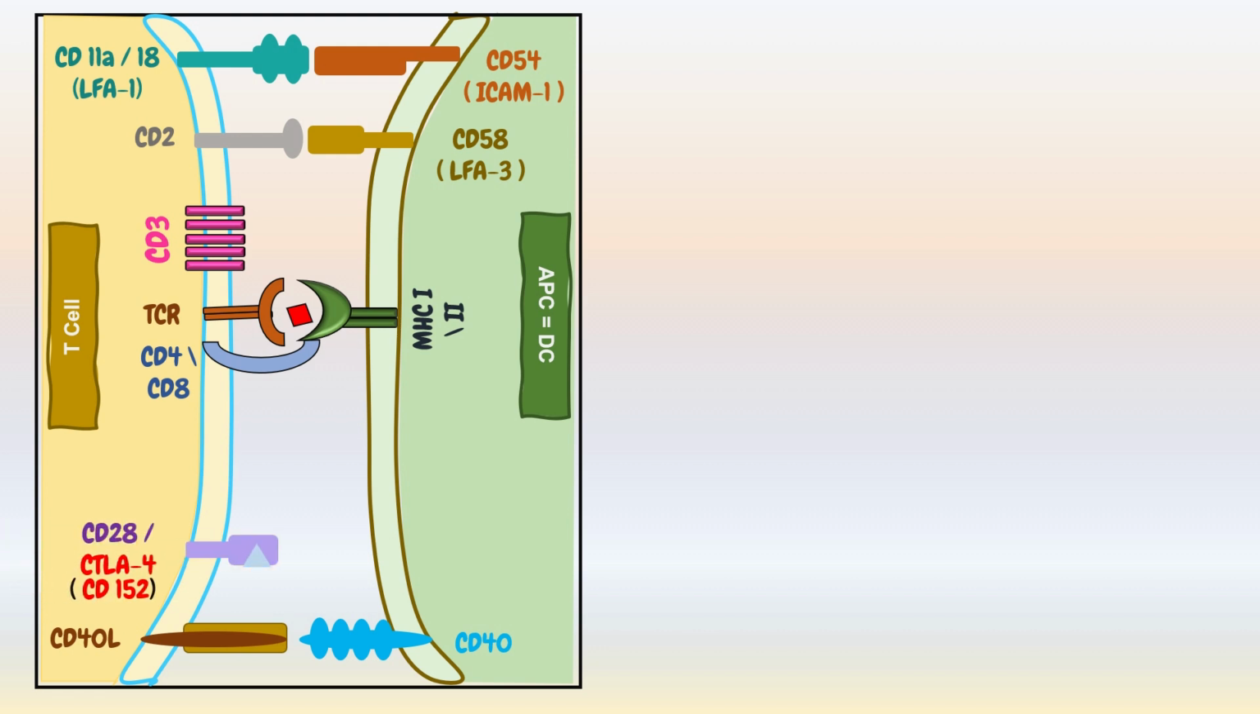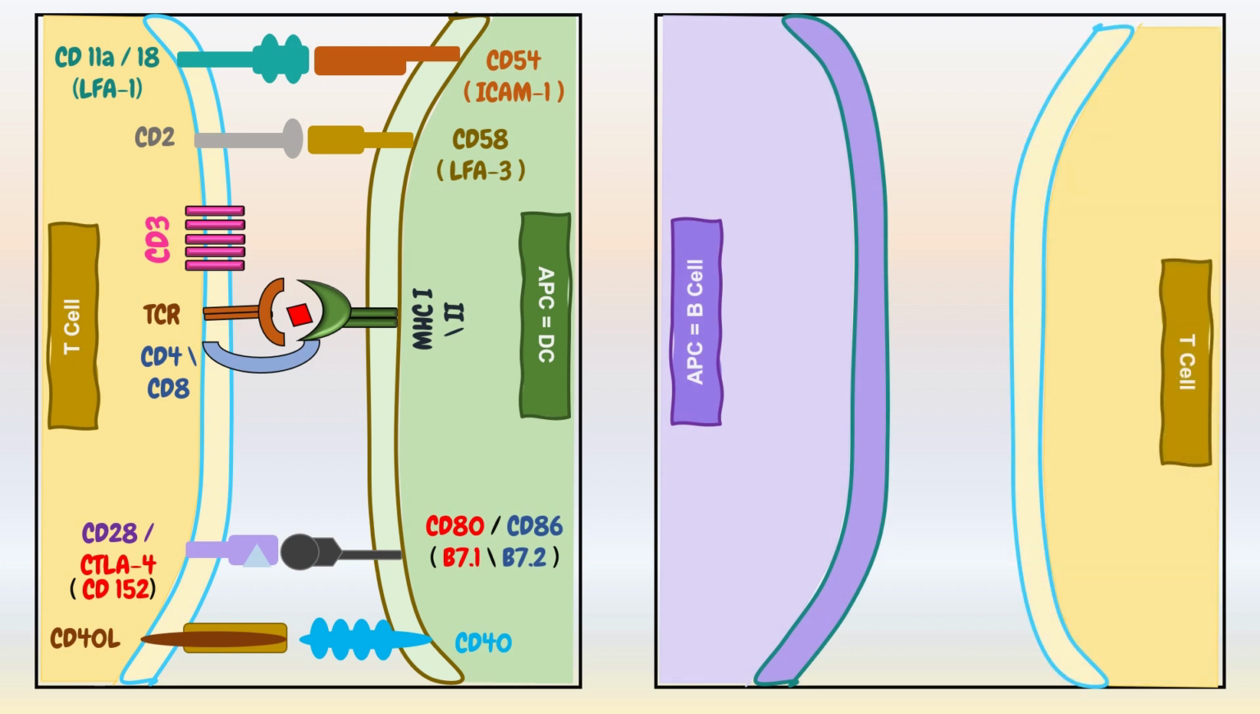The interaction of T cell molecule CD28 and CTLA4 or CD152 with CD80 or CD86 on antigen-presenting cells has a stimulatory effect, whereas interaction of CD152 or cytotoxic T lymphocyte antigen 4 or CTLA4 with CD80 or CD86 has an inhibitory effect. In case of adhesion of B cell and T cell, similarly as in T cell and dendritic cell